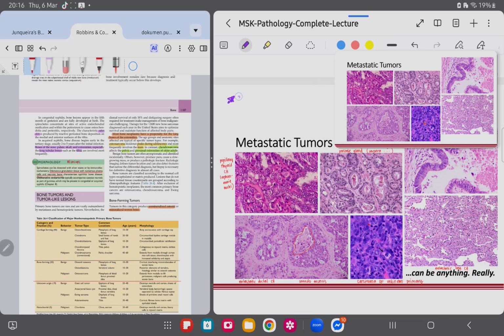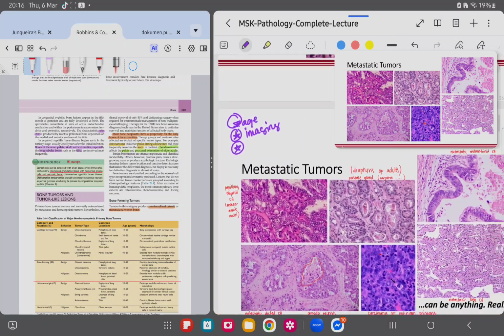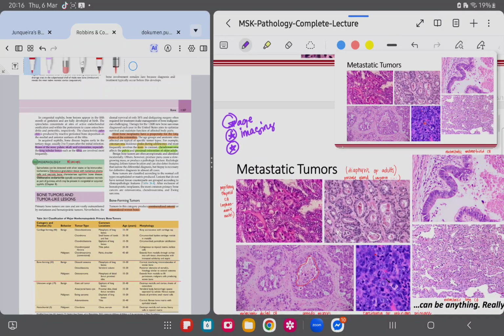probably a few more clues like whether the patient has an anterior neck mass or whether the patient is a female and let's say has presented with elevated CA125. That's already a very helpful tool. So it's tying up what you know from your previous modules. So again, metastatic tumors can be anything.